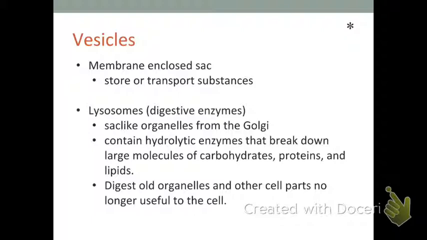They're sac-like organelles. They come from the Golgi. The Golgi sorts out the proteins that are going to be used for basically digestion. So it sorts out all the digestive enzymes, puts them into a vesicle, and that vesicle becomes a lysosome inside the cell. They basically break down big carbohydrates, big proteins, big lipids. They break down all those big molecules. They also digest old organelles. Organelles that wear out, that no longer function, will be broken down and replenished, or digested, I should say,